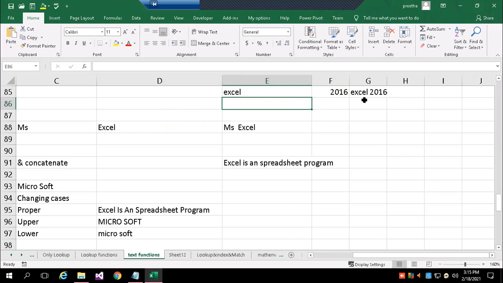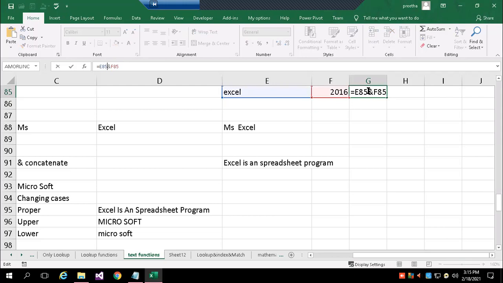When I say adding numbers, sum means adding of two numbers or adding of numbers like that. Concatenate means joining one or more text together is called concatenation. In Excel, it supports through the ampersand symbol, that is, the ampersand symbol will concatenate. Not only two, you can add a number of cells. For example, I give here MS.